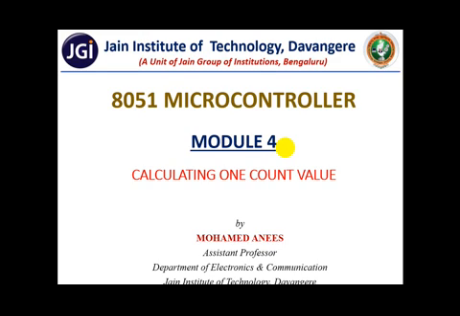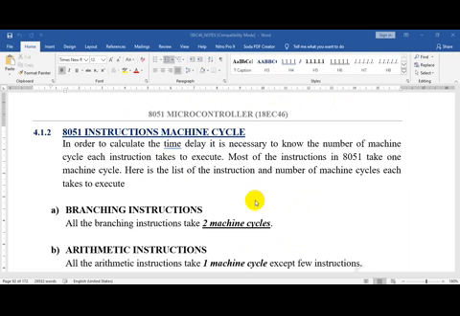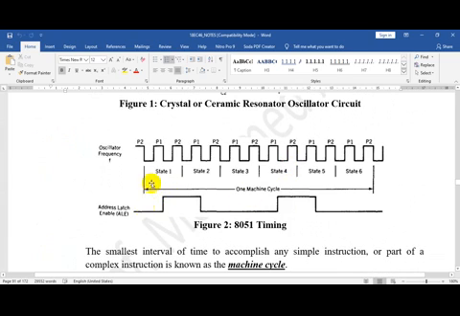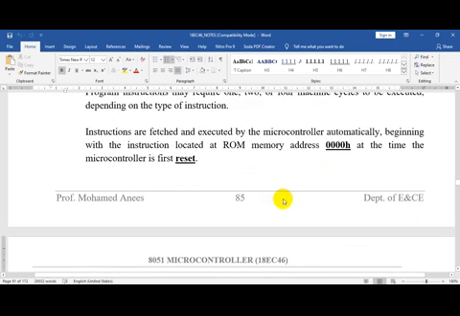In this video tutorial, we shall see different examples of calculating the count value, or the one clock period value. Now, before I start the examples, in the notes I have included a section wherein I have written 8051 instruction machine cycle. In detail, I have explained whatever I explained in the last tutorial. You can see internally it is divided by 12. So one machine cycle has 6 states and each state has 2 clock periods, so thereby it is internally divided by 12.